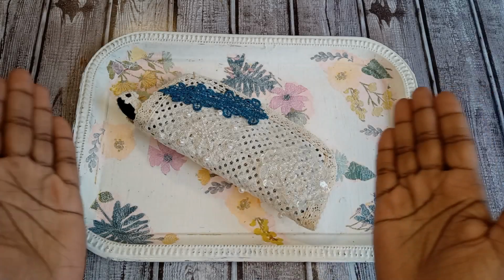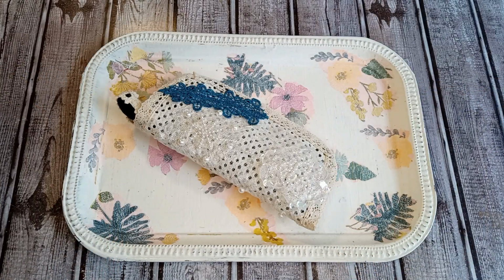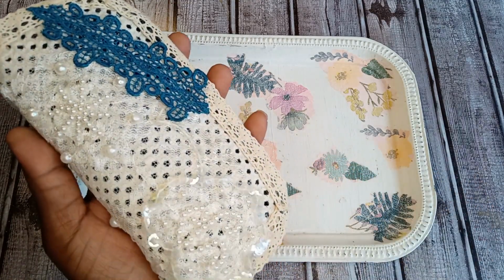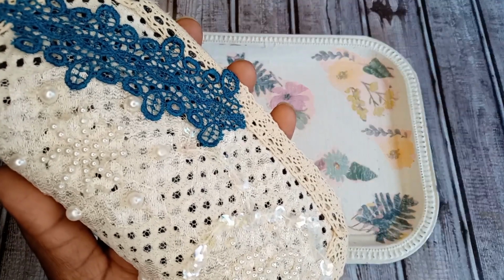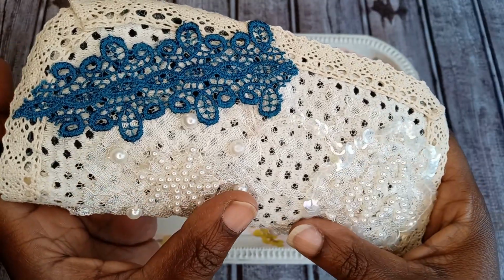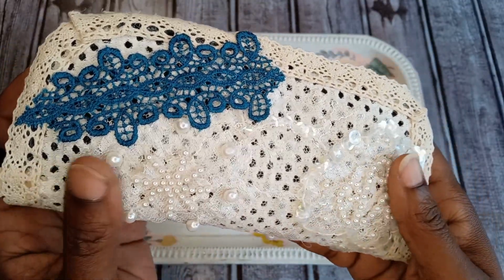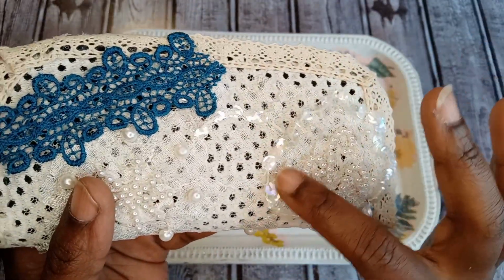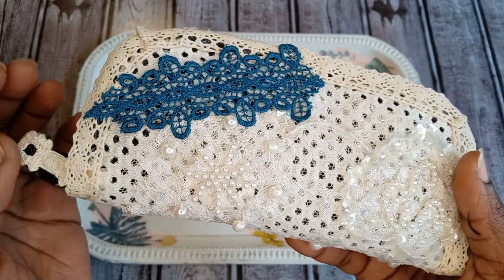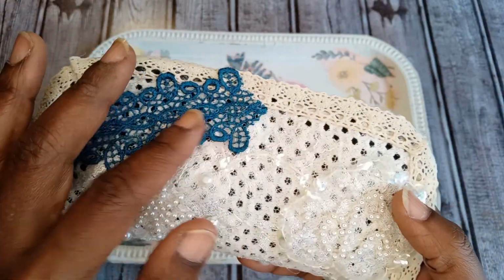All right, so here is the finished result for the Dollar Tree pot holder turned sunglass case, or glass case if that's what you're creating. Anyways, so let me pull it and bring it up close so that you guys can see it in all its glory. Now, as you can see, I used the applique that I cut from with the beading on it. There's sequins, there's pearls, there's flat back pearls there, tinier round pearls there, and it was very easy to secure